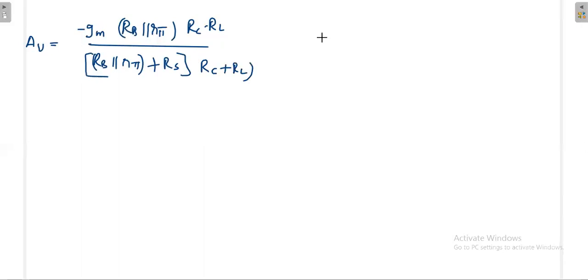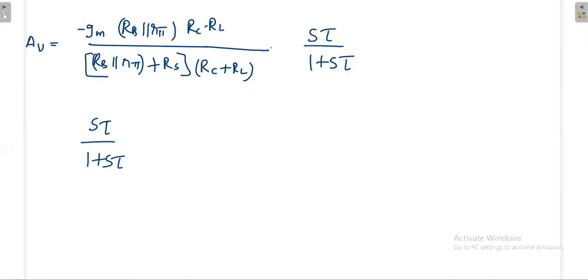This I can write like s tau divided by 1 plus s tau. Now what is the nature of this filter? Again, some terms are gain terms. See, it is independent of frequency; only this part depends on frequency. Now I'll analyze this nature: s tau divided by 1 plus s tau.